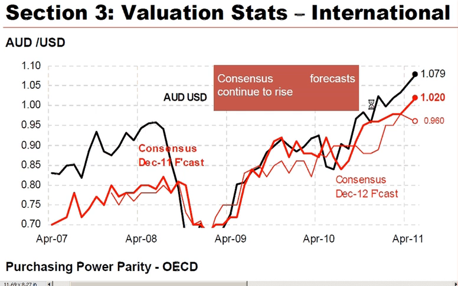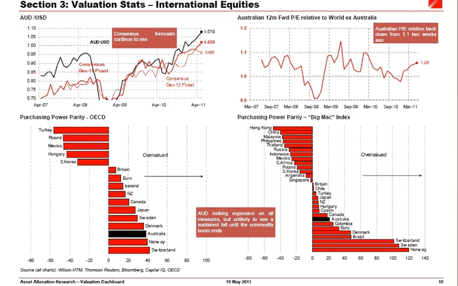The interesting thing for me is this, looking at some of these consensus forecasts. So the darker line is consensus forecasts for currency to the end of 2011, and the next one's to the end of 2012. And so when analysts were last doing their numbers back at the results, you can see that consensus forecasts were a lot lower, so at least 5 to 7% lower for both those. And most analysts have forecasts trailing off over time. So we think there's going to be a bit of a step change, and as analysts start to put those numbers through their models, that's going to help to drive that change.